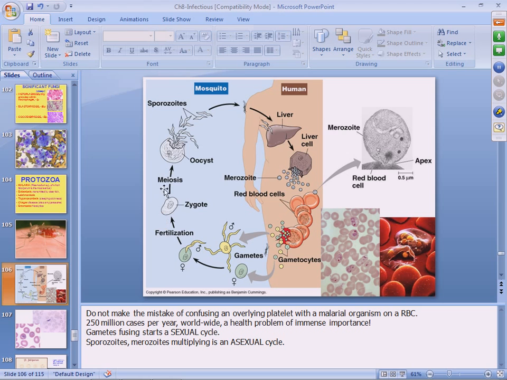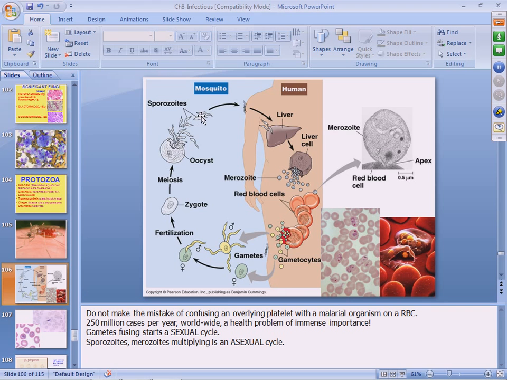So you have the fertilization of a male and female gametocyte developing into a zygote. This is all in the mosquito, undergoing meiosis, and then forming an oocyst